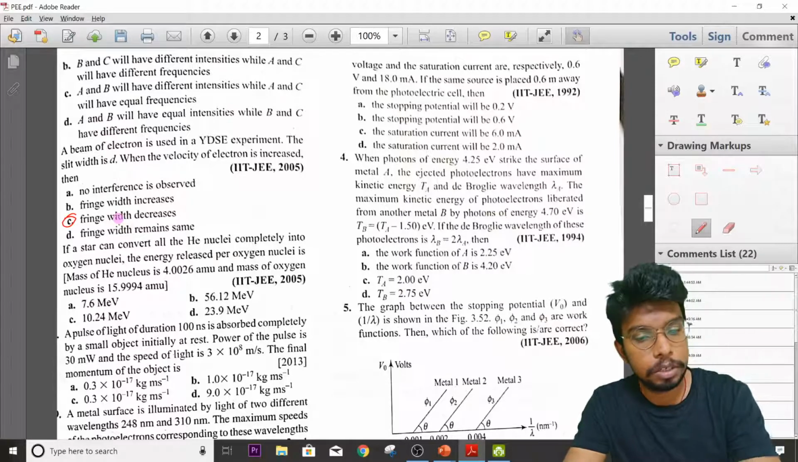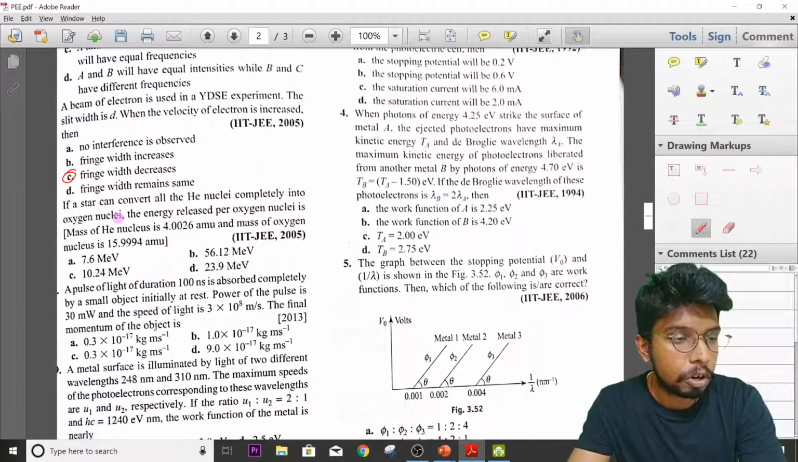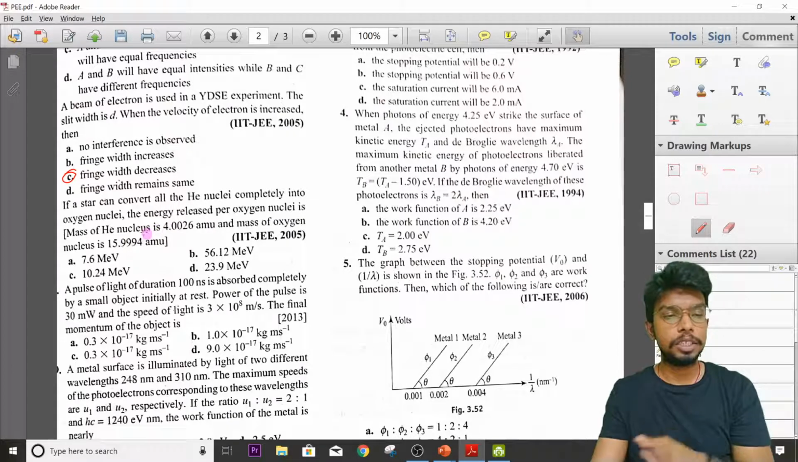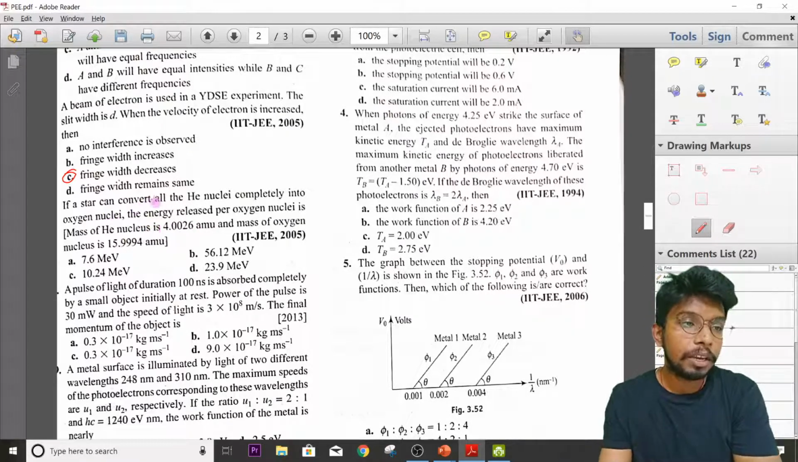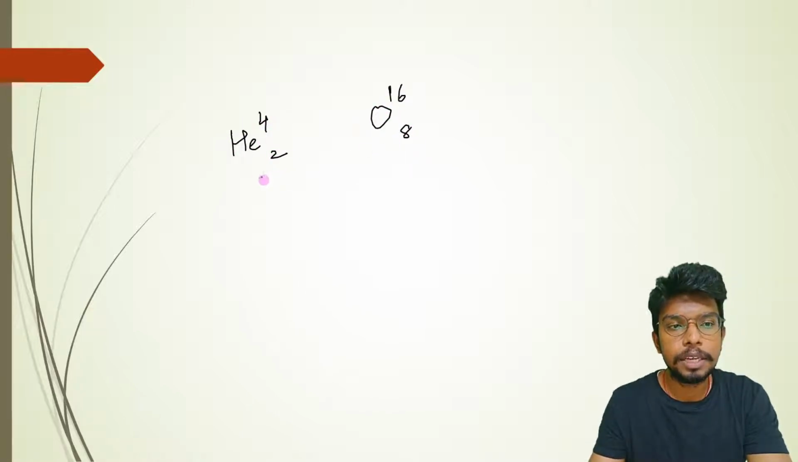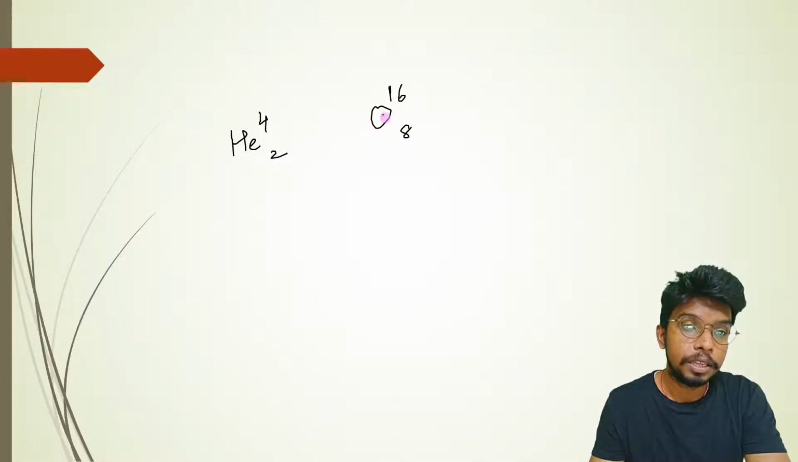If a star can convert all the helium nuclei completely into oxygen nuclei, the energy released per oxygen nuclei is this. And the mass of oxygen nucleus is this. Then what do we have to find out? The energy released per oxygen nuclei, we have to find out that. You should know that helium is 4,2 and oxygen is 16,8. So if it is converting all the helium nuclei completely into oxygen nuclei, that means to